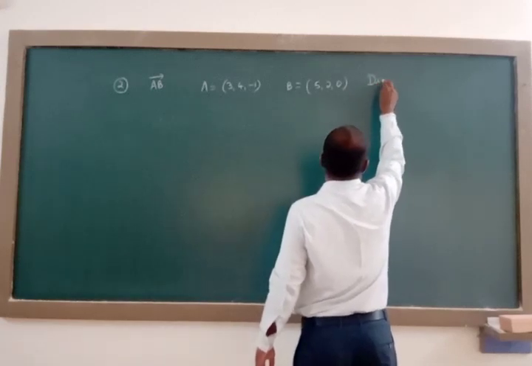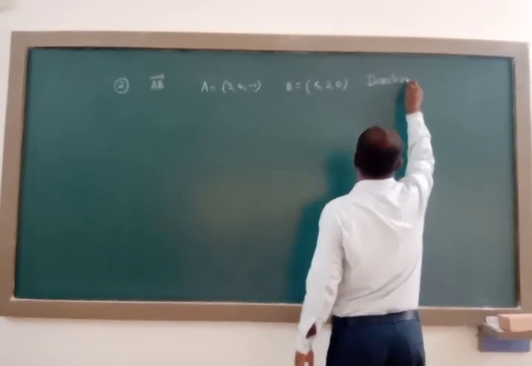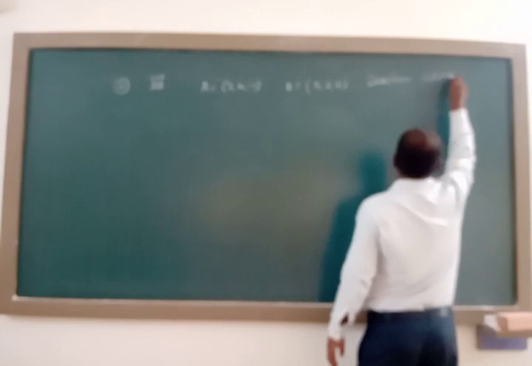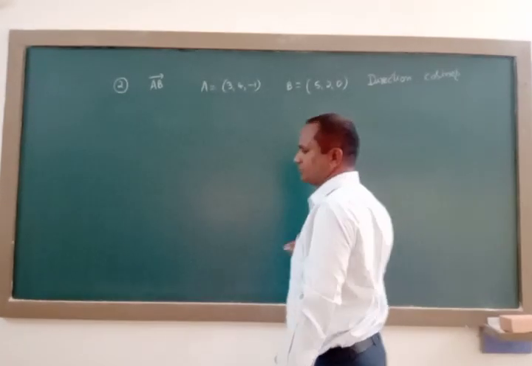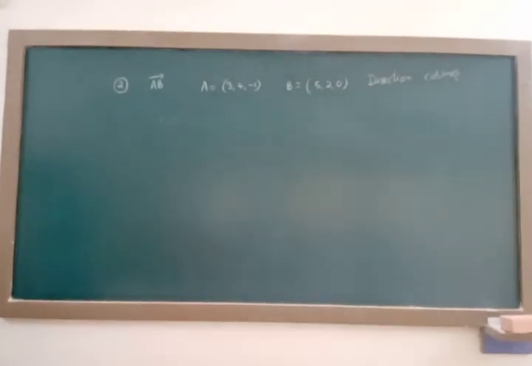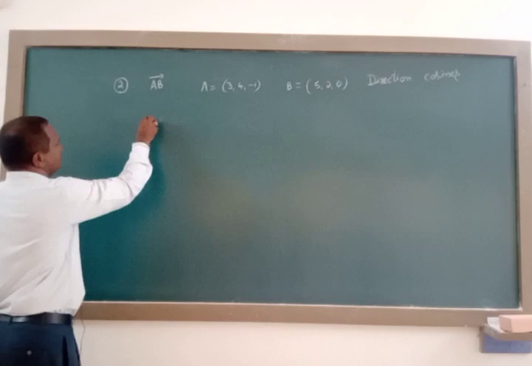Here we have to find direction cosines with the help of these 2 points. In the previous question they gave directly only direction ratios, but here they are giving only a line segment joining the 2 points. Solution is